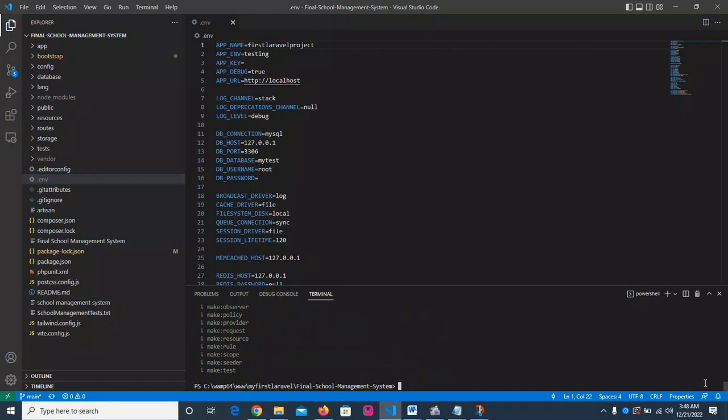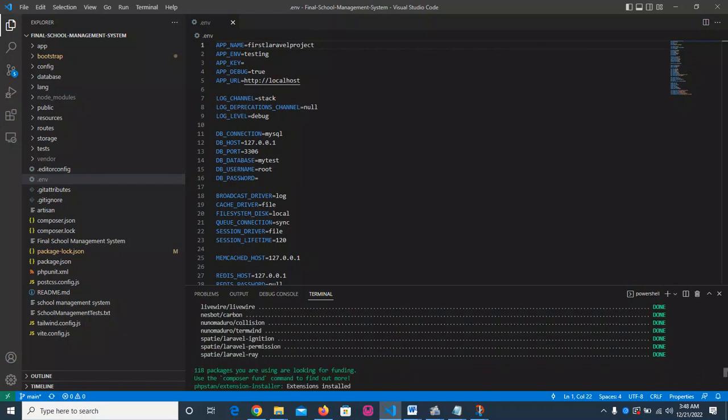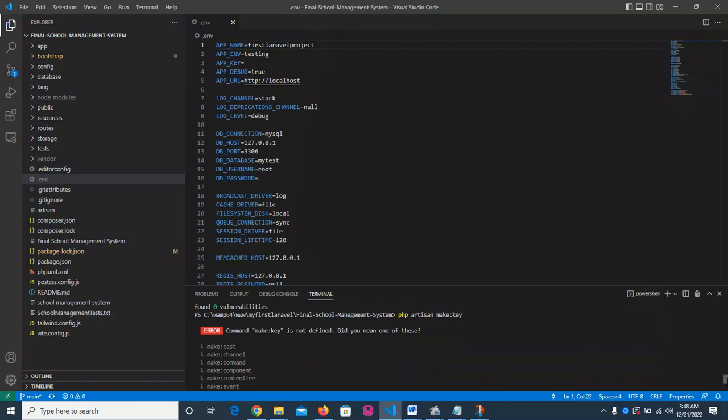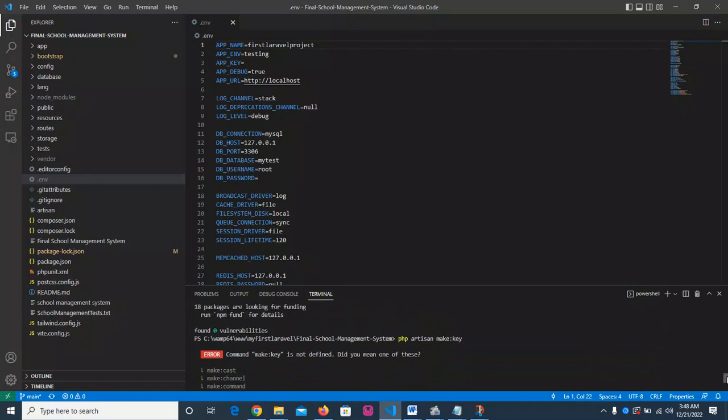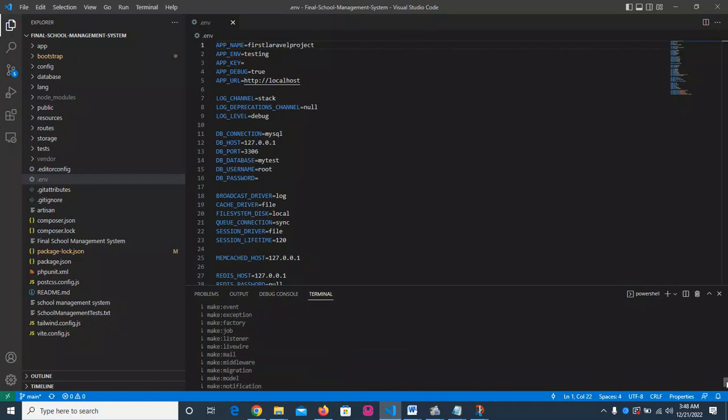Okay, there is a problem here. I think I misplayed. I have misspelled it. So it is PHP artisan